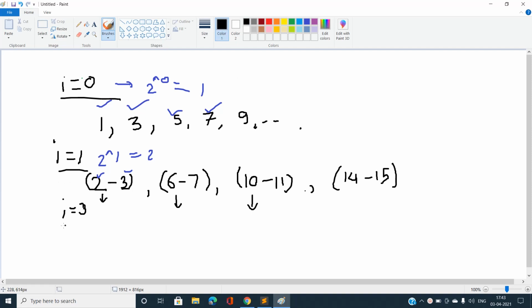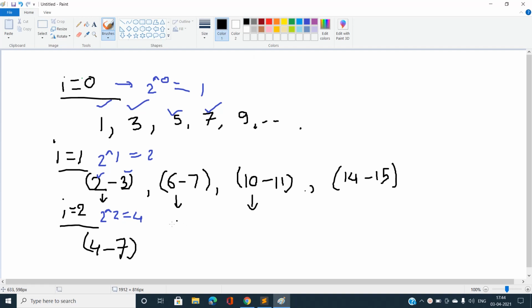For i equal to 3, you can see which number it will start from. That is the important part. Okay, sorry, I have written i equal to 3, it should be i equal to 2. Similarly, it will start from 2 power 2, like 4. And what is the length it will go? 4, 5, 6, 7. It will go up to 7 because I have to include 4 numbers, because you can easily see for i equal to 2 it is 2 square, that is 4. It will always be 4 numbers that should be included.